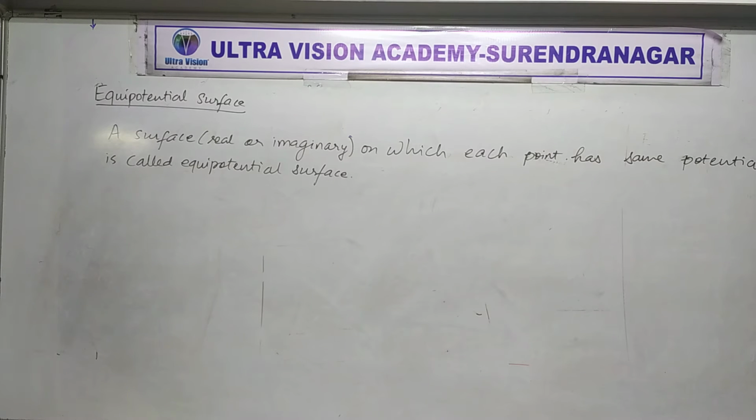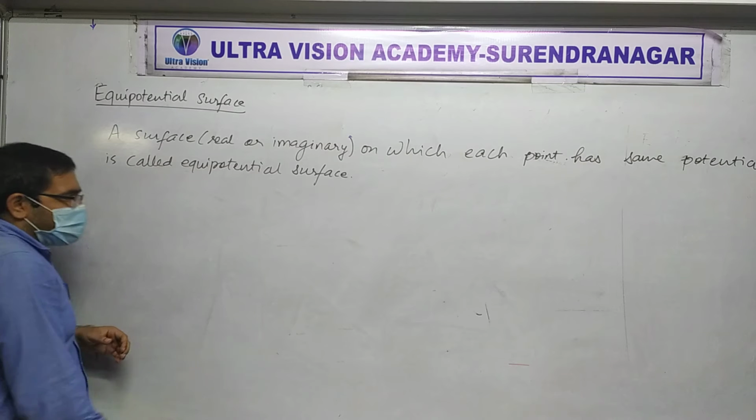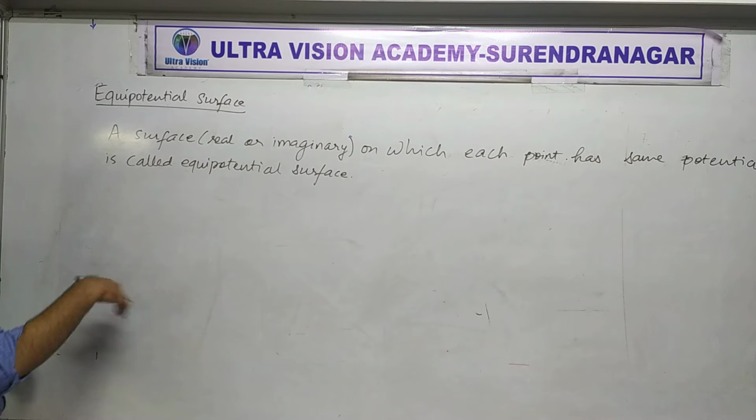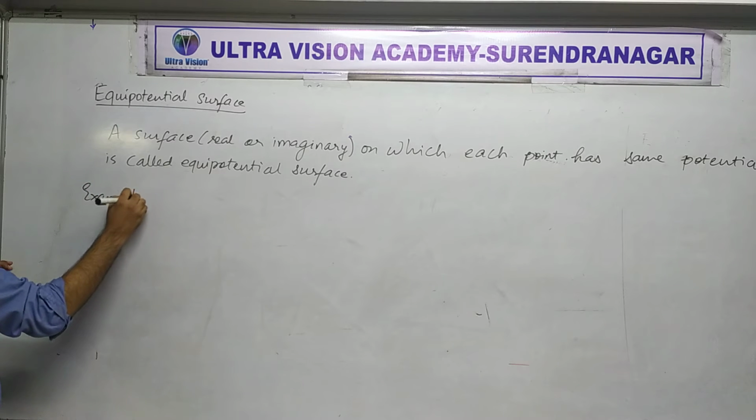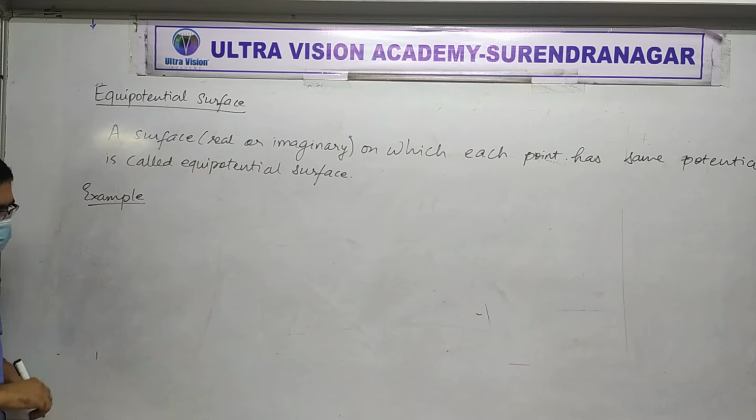So far, if you look at the diagrams that we are drawing every time, we are drawing field lines, yes or no? We use electric field lines to represent or imagine what kind of field there is, correct? Equipotential surfaces are actually another way to imagine or represent the electric field, and they are related with electric field lines also, so we'll explore it. Let's start. First of all, I will begin with the easiest example of equipotential surface.